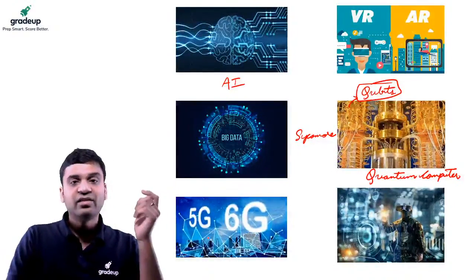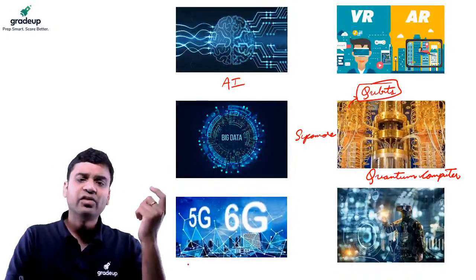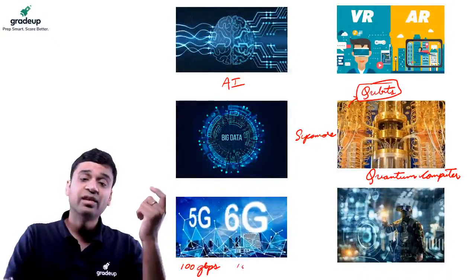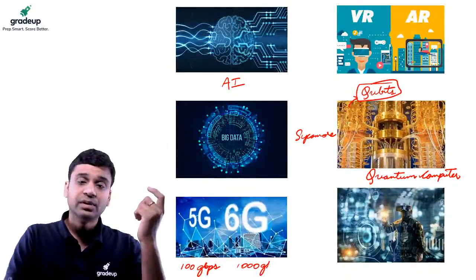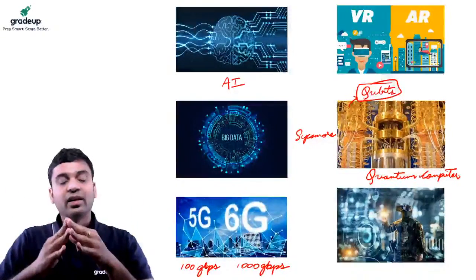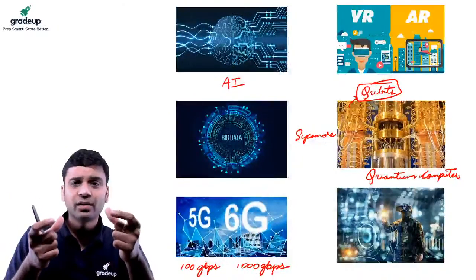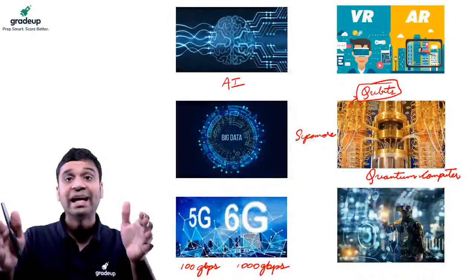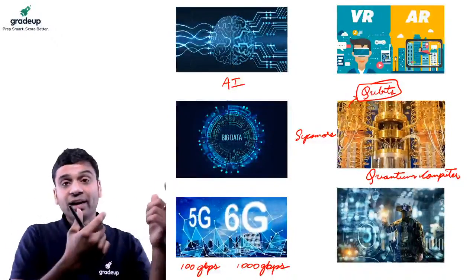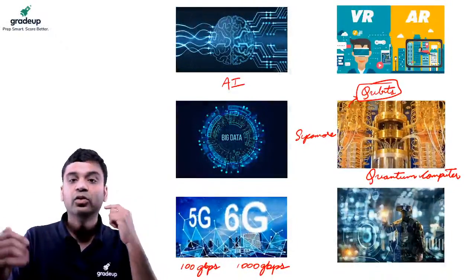And similarly 5G and 6G technology. 5G 6G we had discussed in a previous class. So what is 5G? Basically it can reach speeds of almost 100 gigabit per second. 6G can actually reach 1000 gigabit per second. Right? Its frequency is 30 to 300 gigahertz for our 5G. So faster speed, faster latency. So if there is an autonomous tank, or a driverless tank being made by the Indian Army, it has to quickly communicate with the base. What is happening? So you need the cutting edge speeds. So there we can use 5G and 6G.